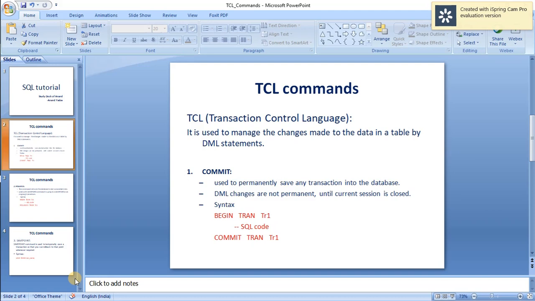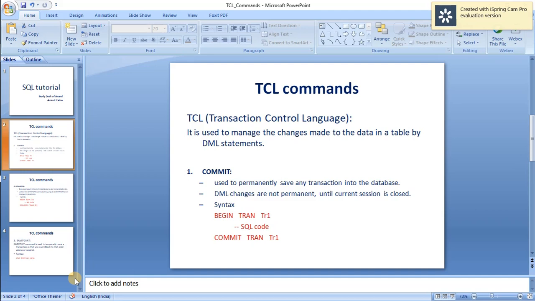Whatever DML statement happens to the table is not a permanent change until the session that is open in the SQL server is closed. If the session that is open to the SQL server is closed, all the changes done by the DML statements commit automatically, so this is made permanent.